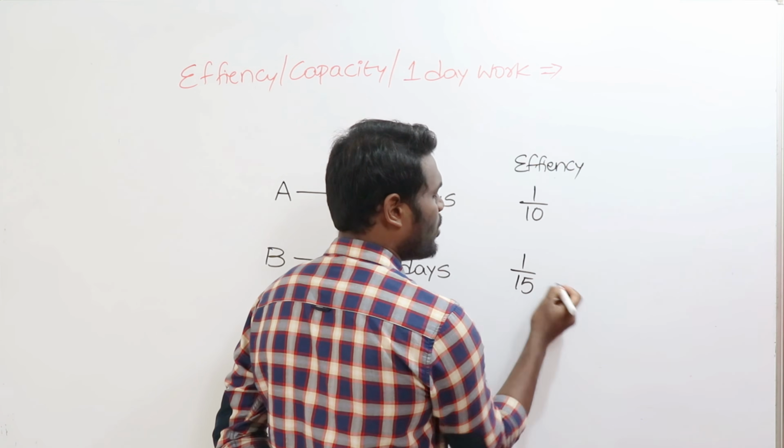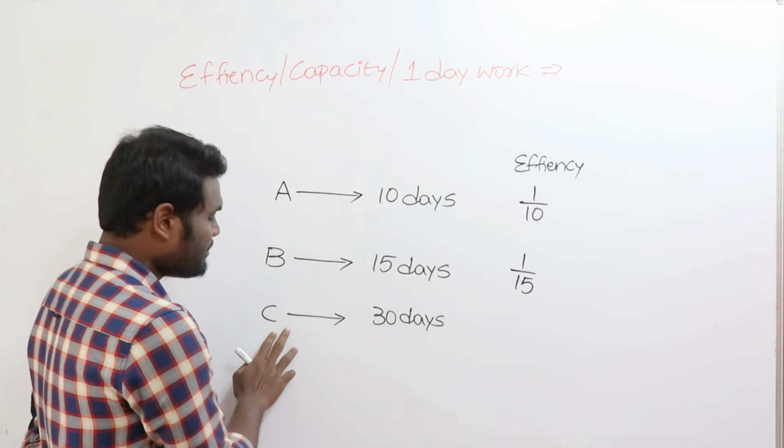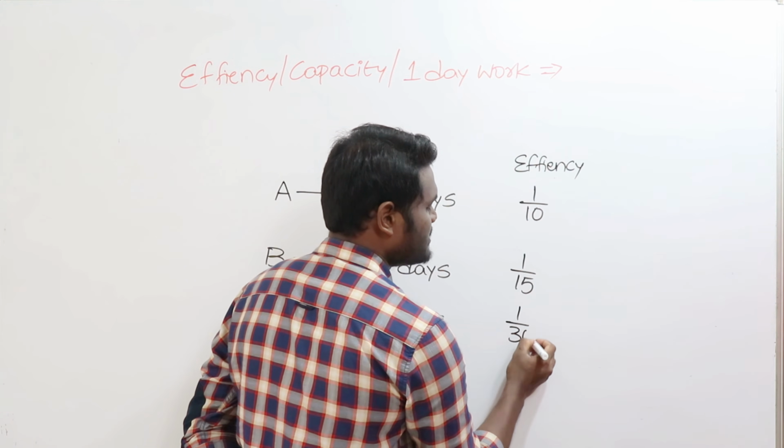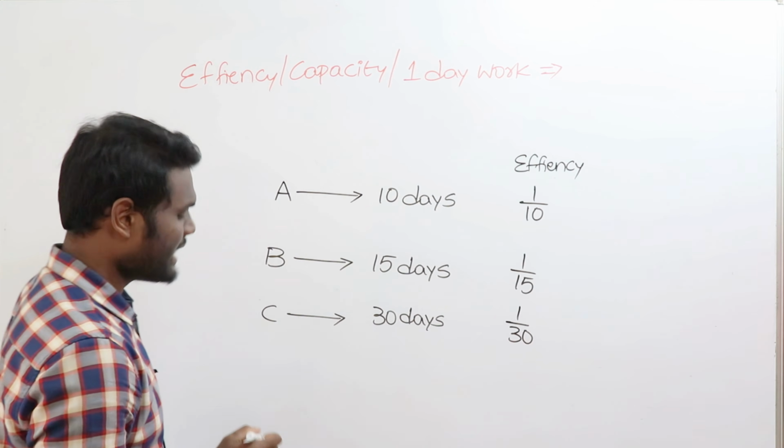If B can complete the work in 15 days, then what is the efficiency of B? The efficiency of B is nothing but 1/15. If C can complete the work in 30 days, then what is the efficiency of C? The efficiency of C is nothing but 1/30. So what I can say is